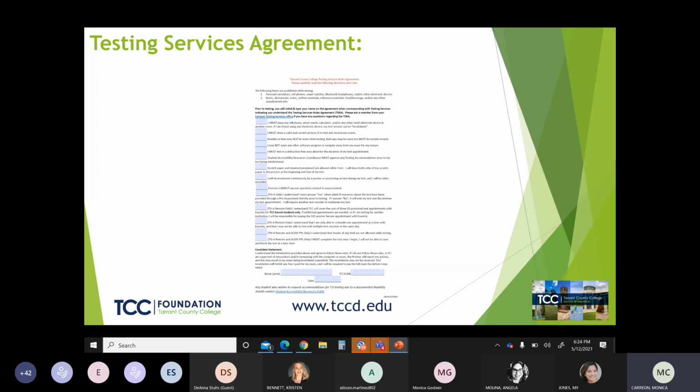If you're testing remotely, you have to acknowledge that you'll be monitored by a proctor. The proctor will be watching you the entire time. And keep in mind, these proctors are not there to answer your questions. Unfortunately, as far as the test goes, they're just there to make sure that you're testing in an approved environment.